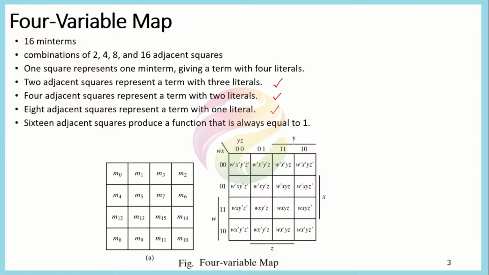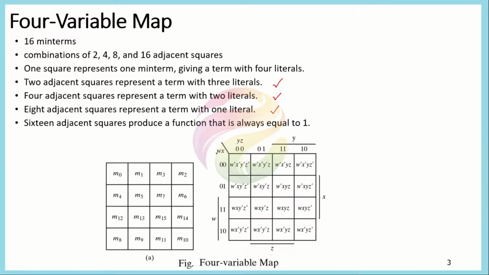Again, in any two adjacent squares, one variable is different. For example, if you look at this, wx and yz are the four variables here. wx here is 0, 0 and yz is also 0, 0. So its whole value is 0, 0, 0, 0, while in this case we have 0001. Similarly, all the rows and the columns are expressing certain variables.